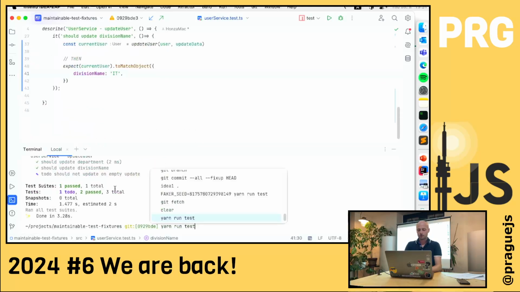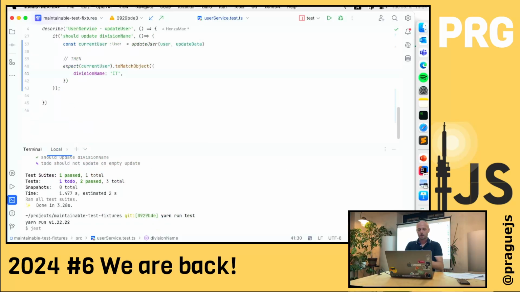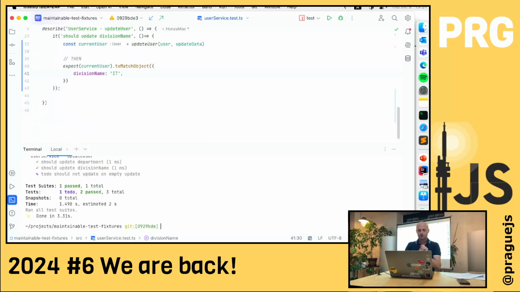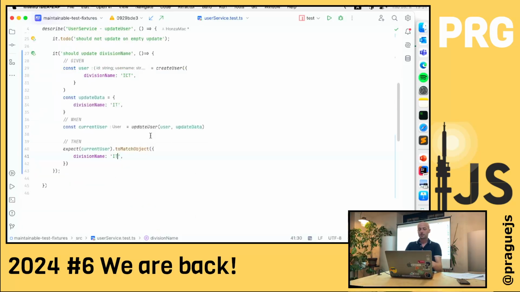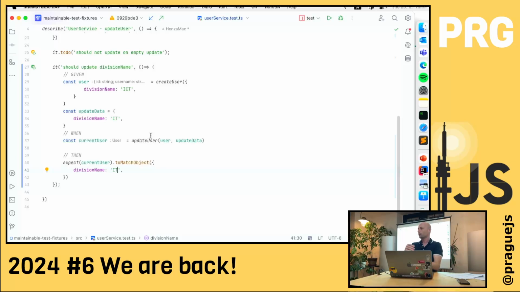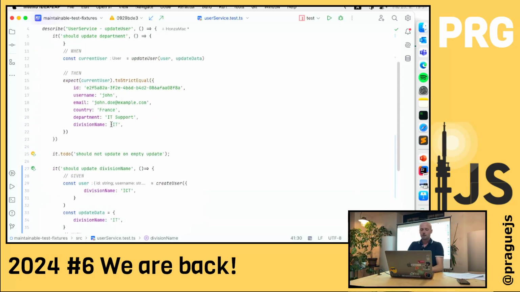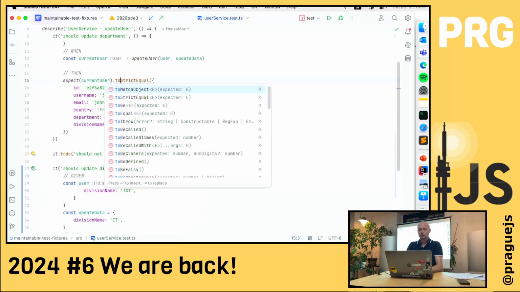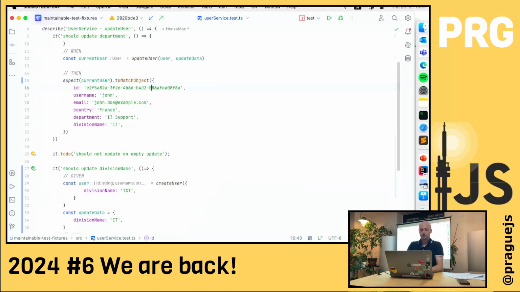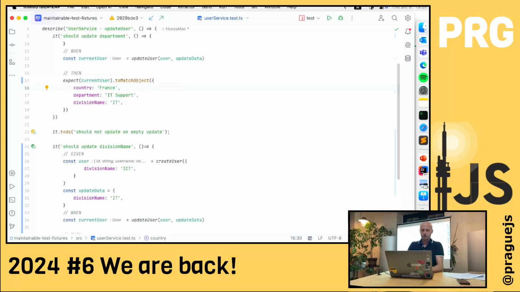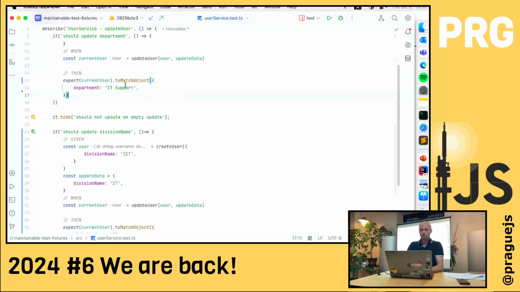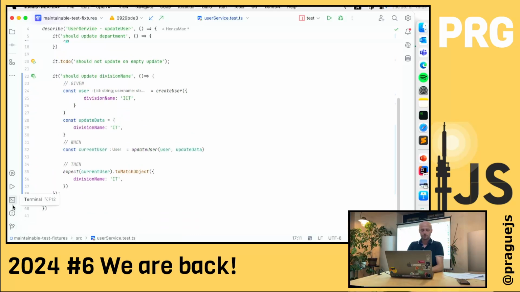If I do it, I will have much less in expect. The test is still passing. If I change the division name or the implementation of the updating, it would actually start shouting. I can do the same also in the first, and our tests are slowly becoming much easier to maintain.